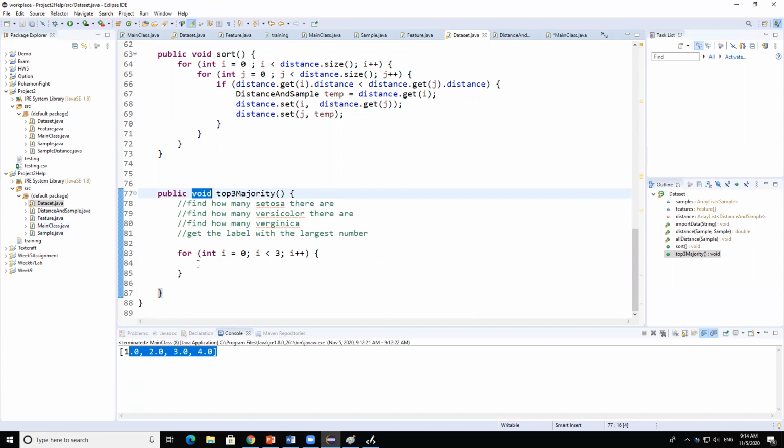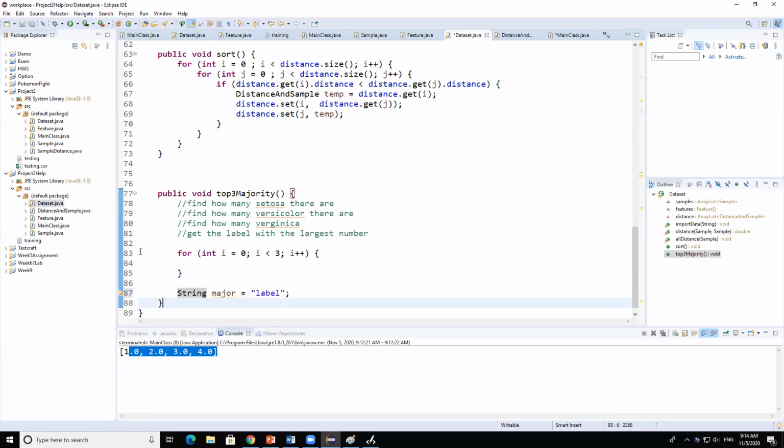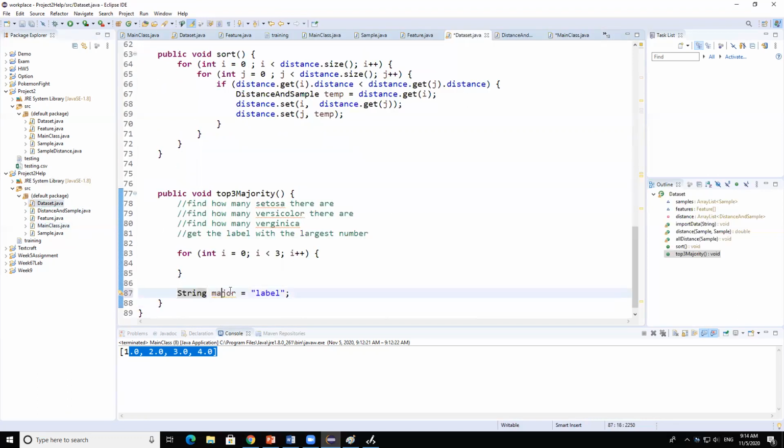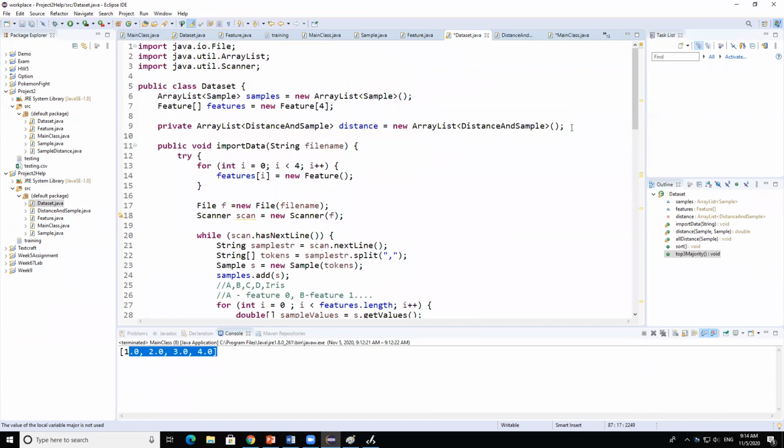right? Like I might get the label in here. Like after all the counting, I might have string majority equal to some label, after I figure this out. But this information is lost again, right? It didn't flow from here to the one we're predicting. So how do you prevent this information from being lost? Well, one way